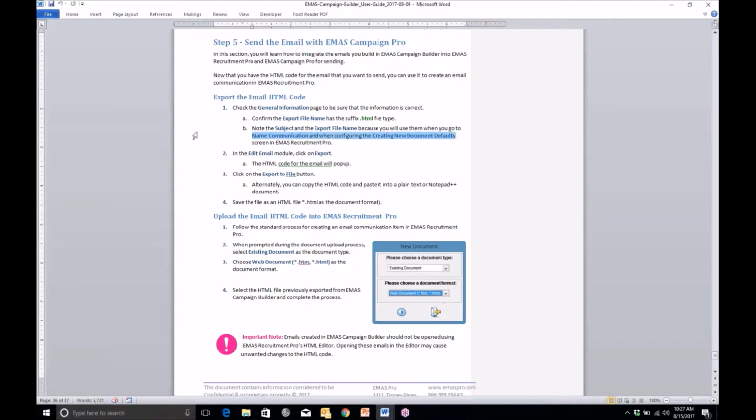One of the things we've come to find out is that in the process, it's very helpful for the person doing the exporting of the HTML code that you remember the subject name and the file name